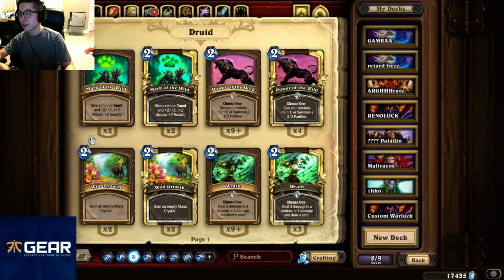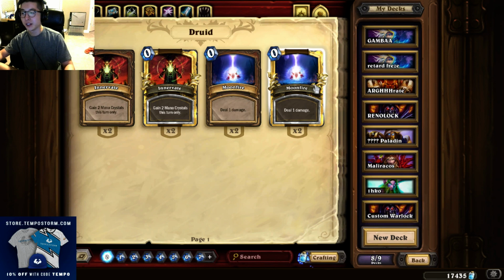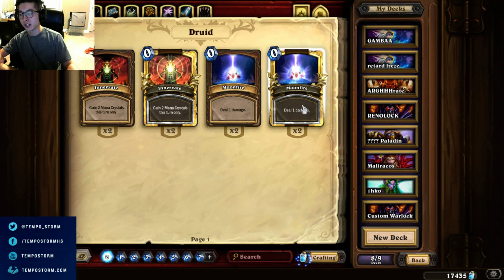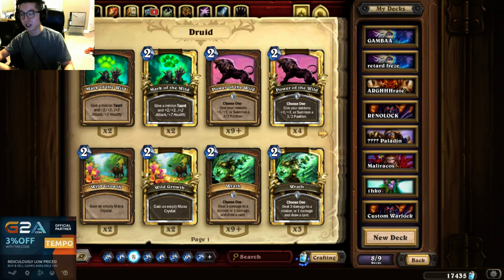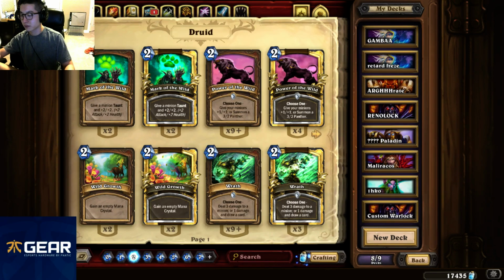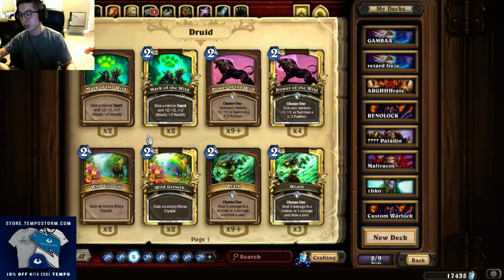So, what's another example? Moonfire. Is Moonfire good? Although you may say it kills Abusive and Worgen Infiltrator, which we talked about, that situation does not come up very often, and oftentimes as Druid you'd rather just hero power it anyways and play from behind, because Druid's a very good class from behind. But generally you want cards that trade 1-for-1 or give you a card advantage